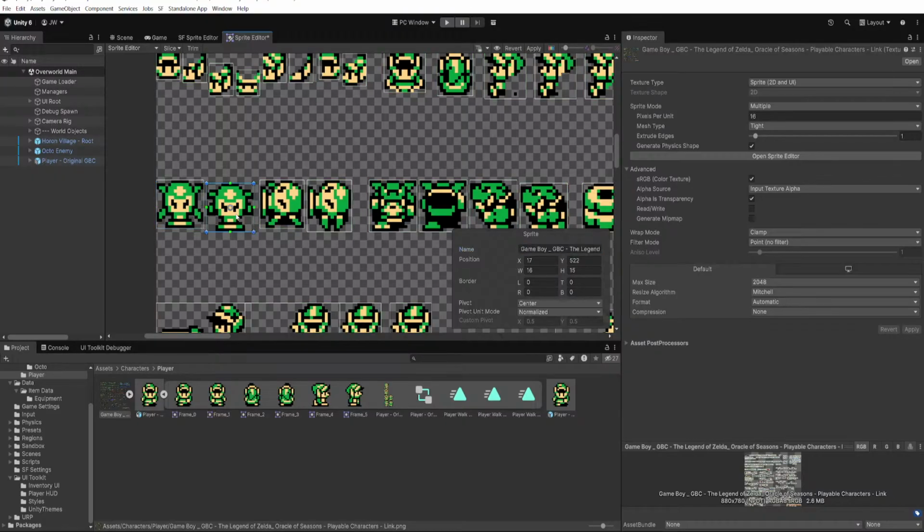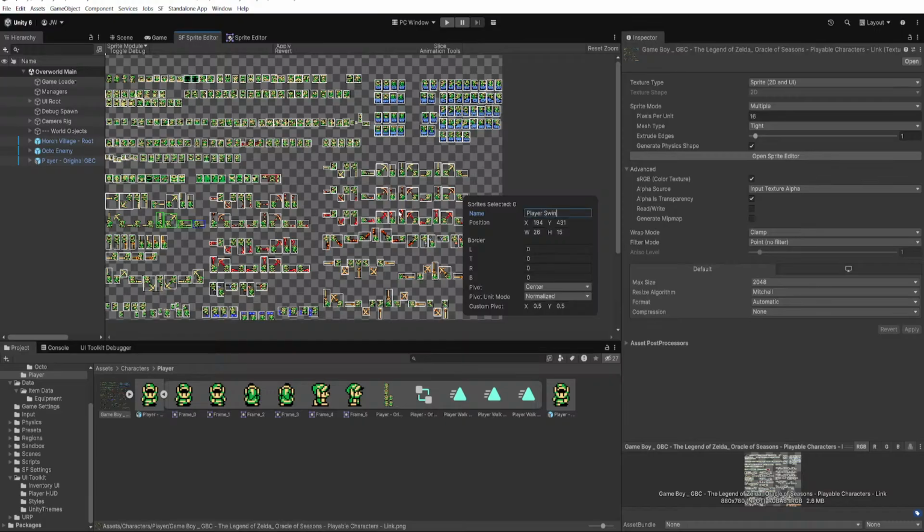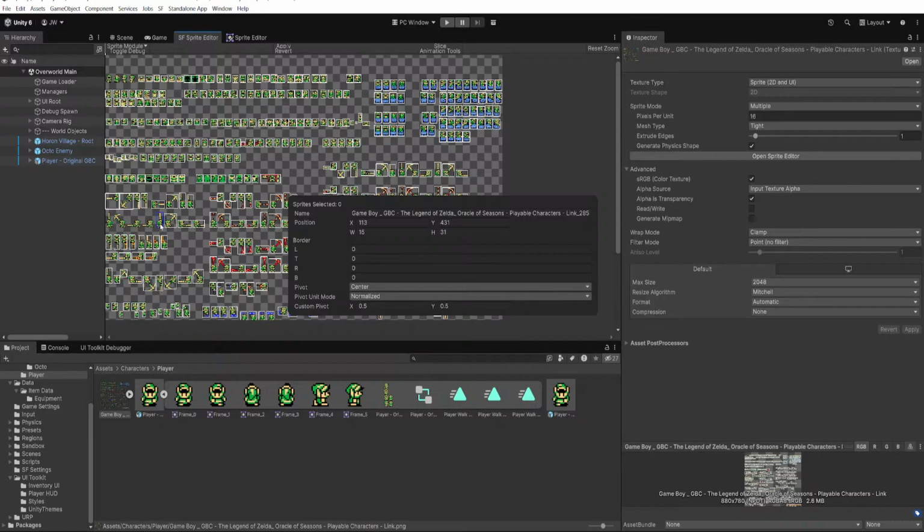I mean, I could just not name them, but then whenever you're trying to find that specific sprite, it's going to take forever. So what I'm going to do instead is work on finishing this, because with this I was able to select multiple sprites. Let's grab these, and I can say player swing sprite, and whenever I grab them, oh no,